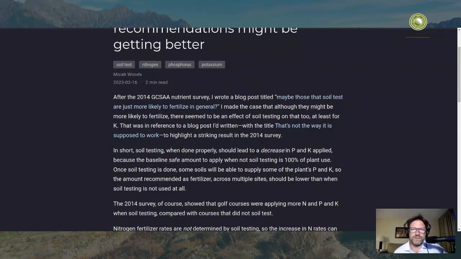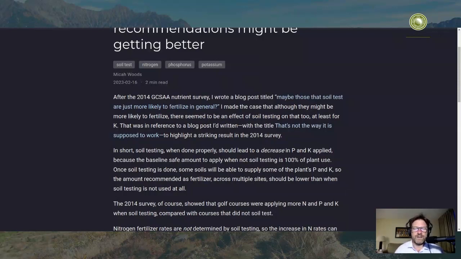In brief, the reason is that the amount of phosphorus and potassium that it's logical to apply is 100% of the amount that the grass can use. This is in the case when you don't know if the soil can supply any. So if you don't know if the soil can supply enough phosphorus or potassium, then it makes sense to just supply the grass with 100% of the phosphorus and potassium that it could use, right? Then you just ignore the soil.